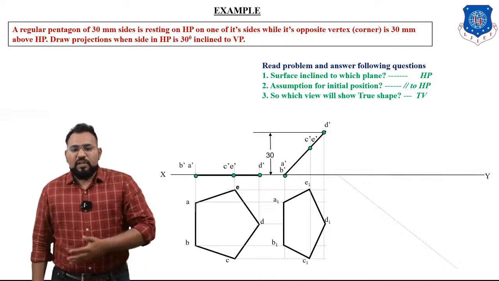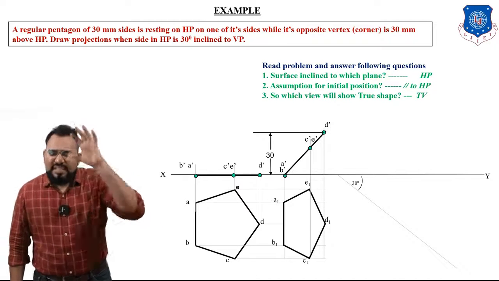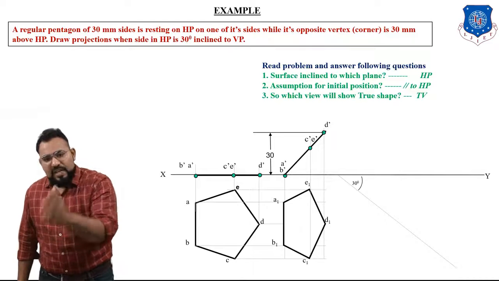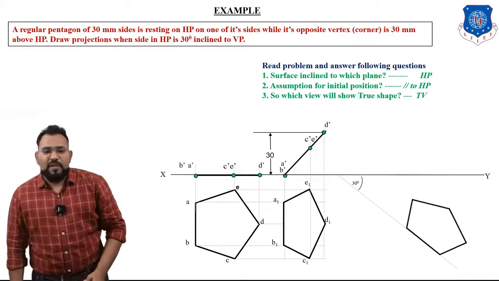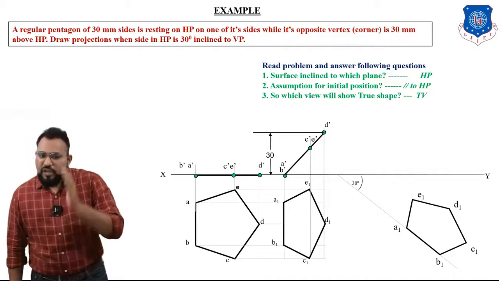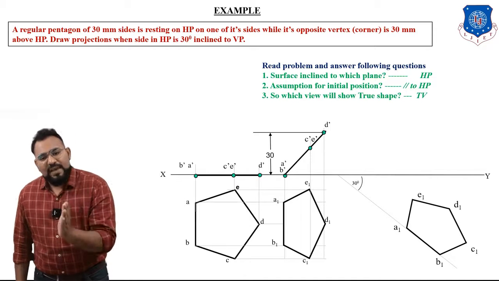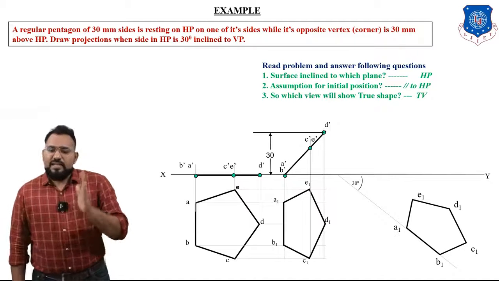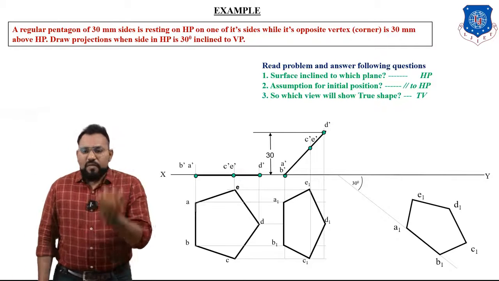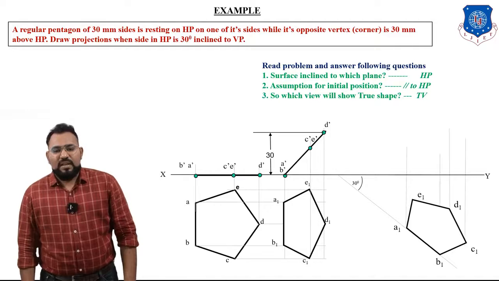So first we will draw a 30-degree angle line, and now we have to rearrange, or redraw, the same thing, the top view of the second stage. We have to redraw that same thing over here in such a way that A1, B1 will make a 30-degree angle with the VP. So we have redrawn. What we have done? We have actually redrawn the same thing, the top view of the second stage, over here, okay, in such a way that A1, B1 makes a 30-degree angle with the VP. Now what we will do? We will take projection from every corner in upward direction, like this, like this, like this.